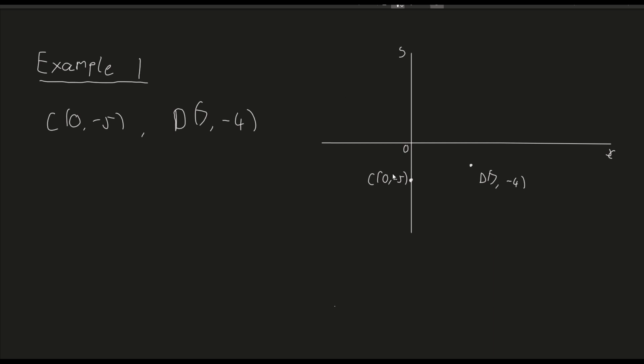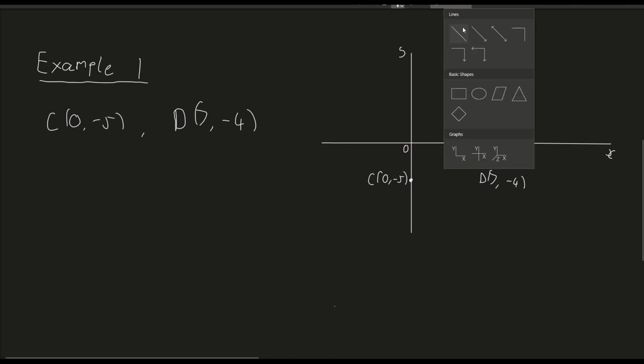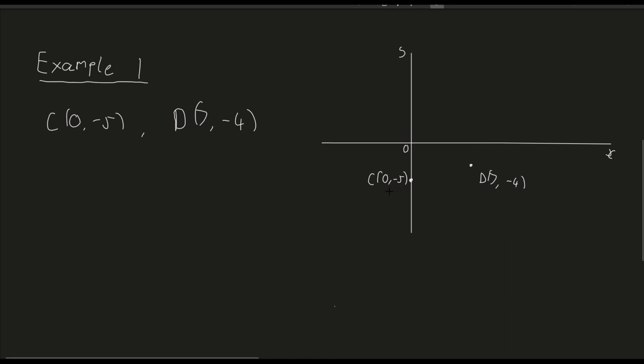So here we have the point C (0, -5) and the point D (7, -4). And if I were to connect these 2 points with a straight line, then we would get something that looks like, there we go. So now what we're interested in is finding this angle here, which is between this straight line which connects those 2 points